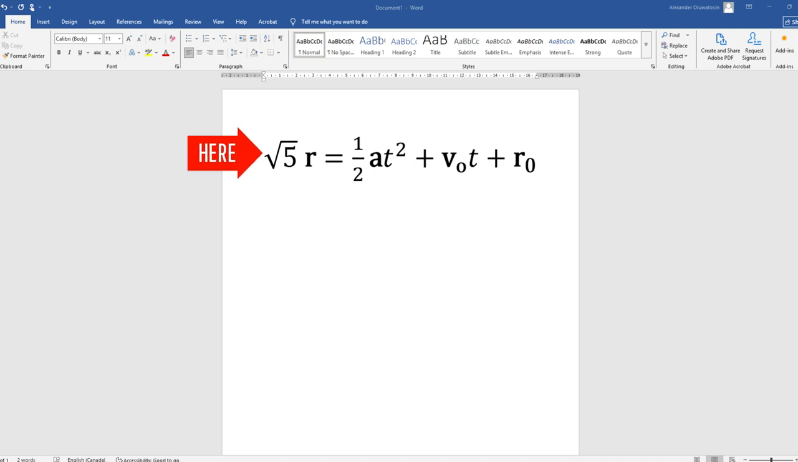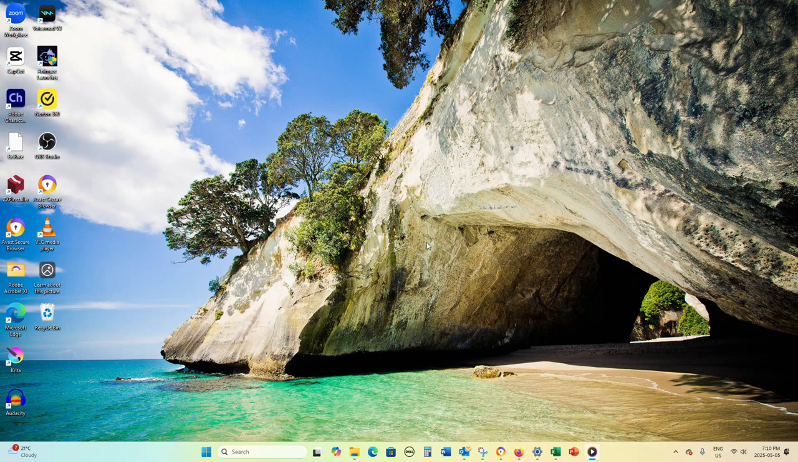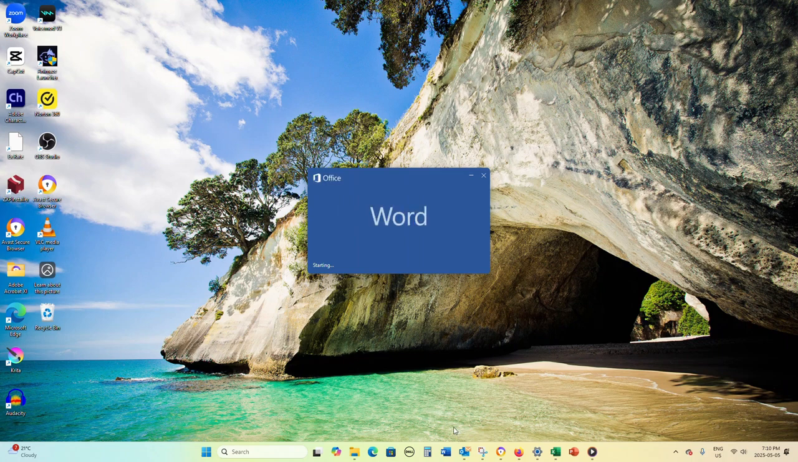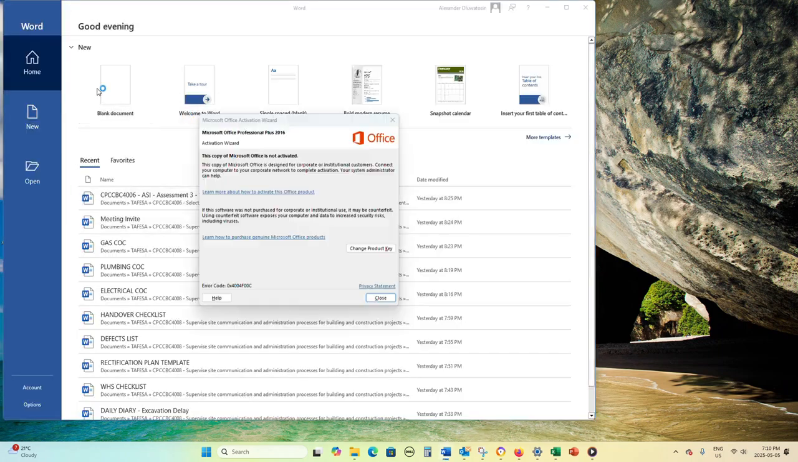How to write square root in MS Word. Step-by-step tutorial. Launch MS Word on your computer and open a new or existing document where you want to insert the